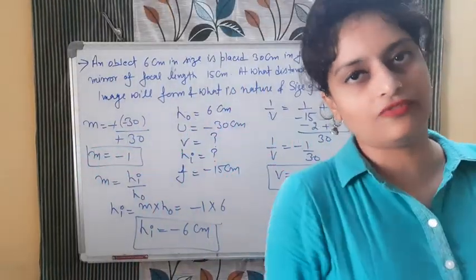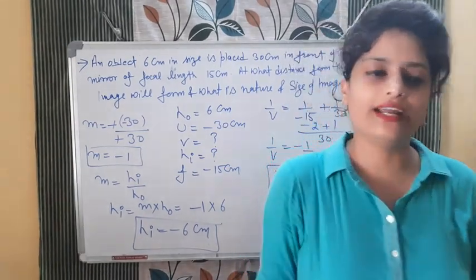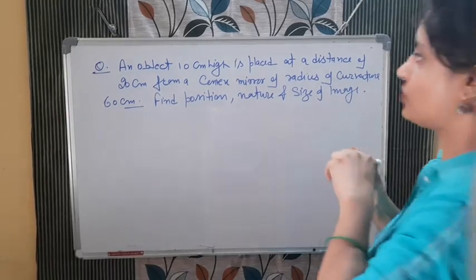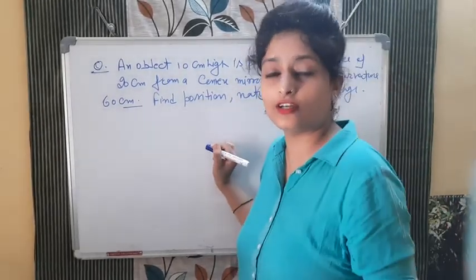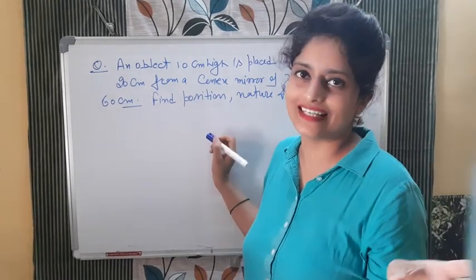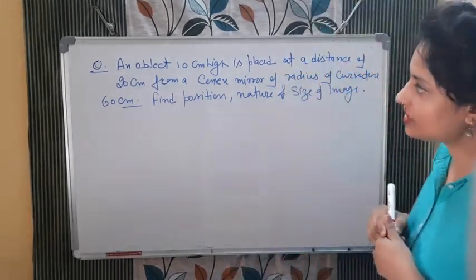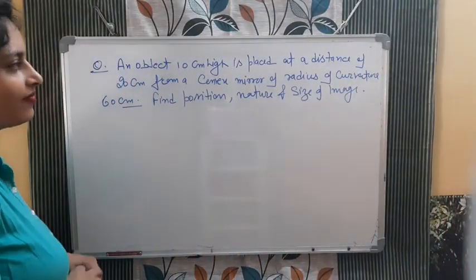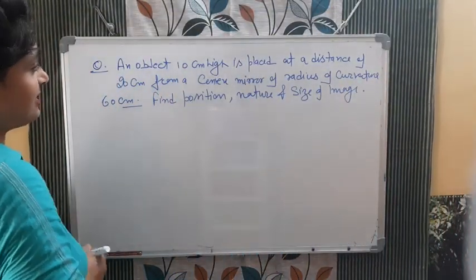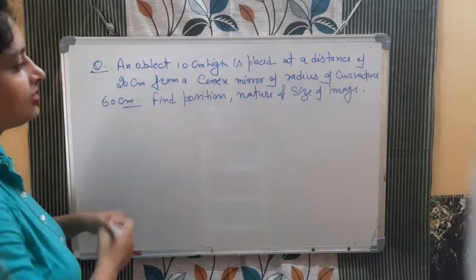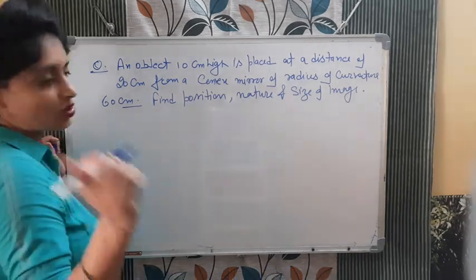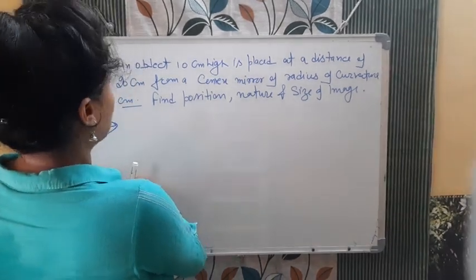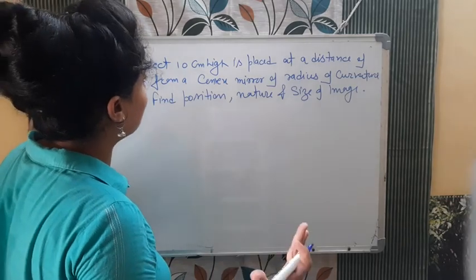Now one I will give you as a homework that also you can try and then we will move to the next topic. Here is the next question that is your homework. I will also solve this question here only, but for you it is homework, so please don't see the answer. Okay, an object 10 centimeter high is placed at a distance of 20 centimeter from a convex mirror of radius of curvature 60 centimeter. Find the position, nature and size of the image. This is your homework. I am just solving it. Okay. So no need to check out the answer. After solving it, then you need to correct it.